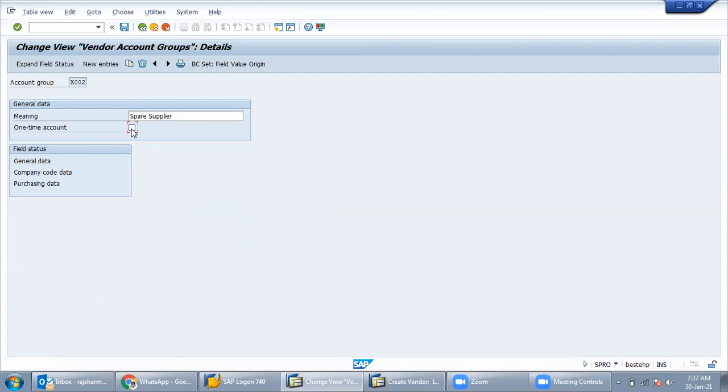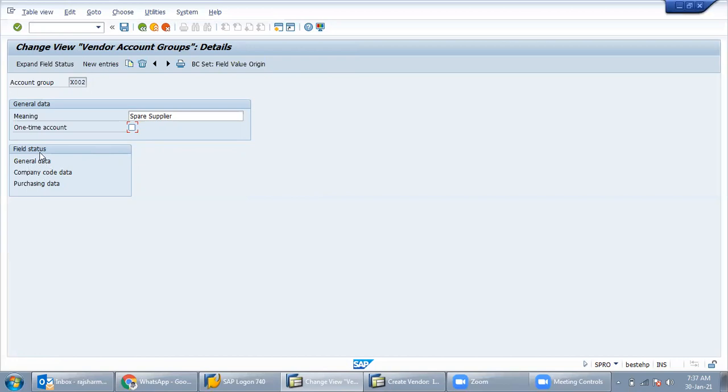If the vendor is related to a one-time transaction, we select that. That will be done only in one case, only one group. For the rest of the groups we did not check one-time vendor, because we do transactions with vendors several times, right?